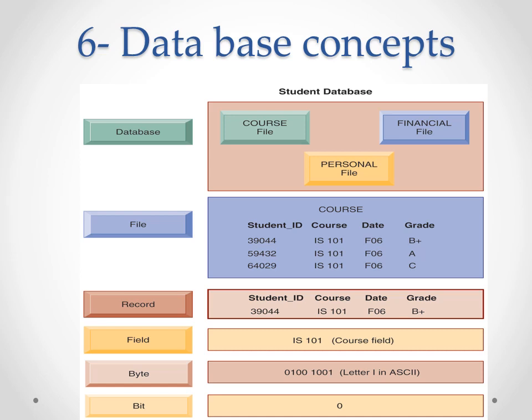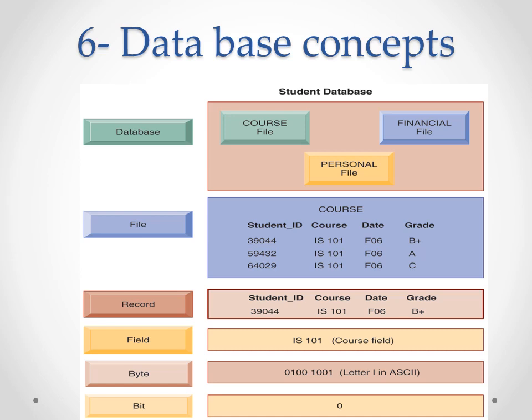A group of bits, usually 8 bits, is called a byte and represents a single character, which can be a letter, a number, or a symbol. A grouping of characters into a word, a group of words, or complete numbers, such as a person's name or age,